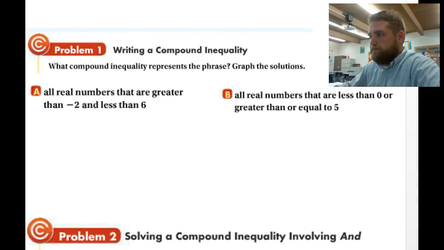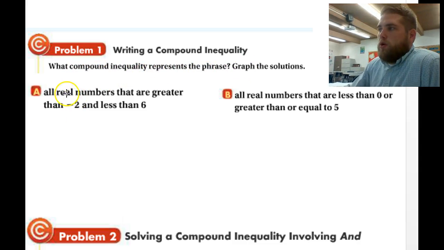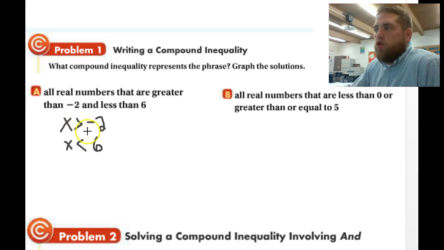So problem 1. What compound inequality represents the phrase graph the solution? So all real numbers, okay, so let's just call that x, okay? So all real numbers x that are greater than negative 2, okay? So x is greater than negative 2, and so we have x is less than 6, okay? Less than 6. So we're looking for numbers that are greater than negative 2, but less than 6. So the first thing we want to do is we want to write this in one